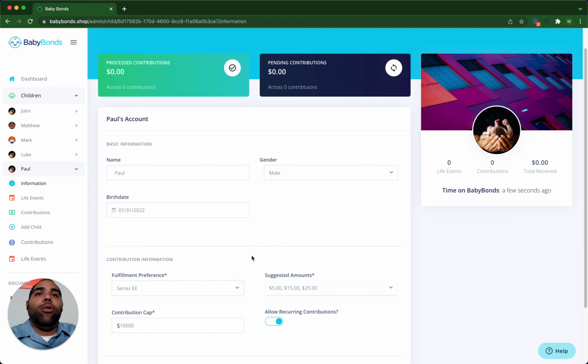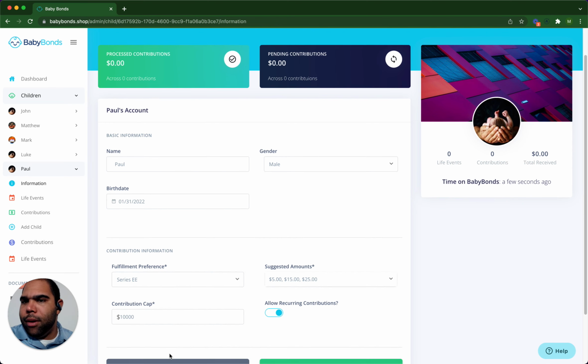The next option, which relates to the previous one, is the contribution cap. This is the maximum amount of money that you want to allow somebody to contribute at any one time to your child. By default, it is $10,000, but you are welcome to change it to anything lower than that amount. The reason it is this level is due to federal regulations around how many savings bonds an individual can receive